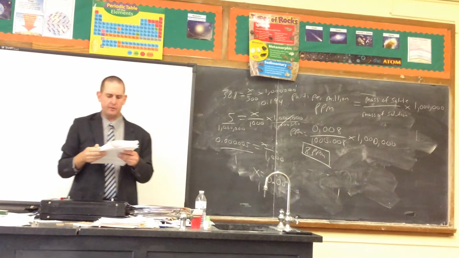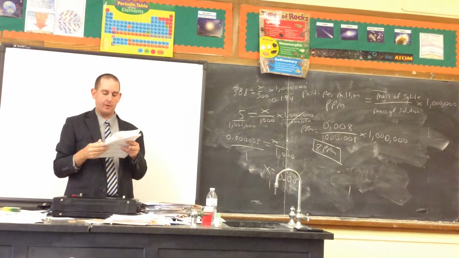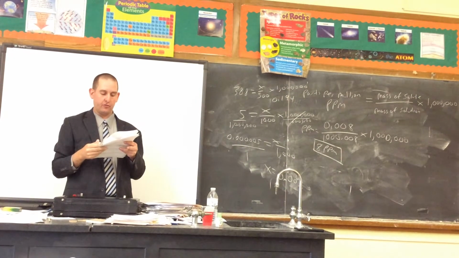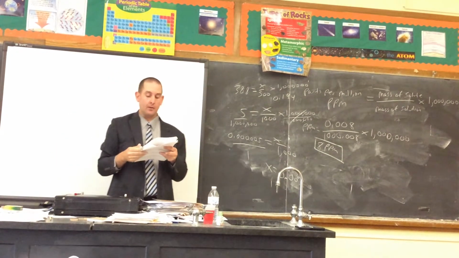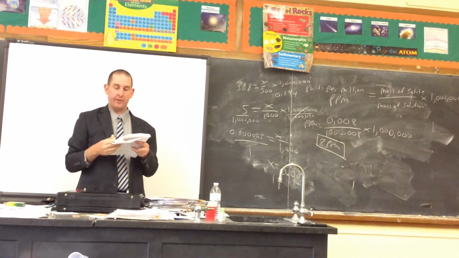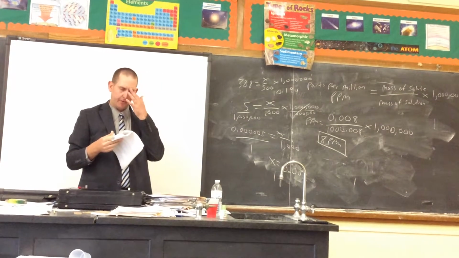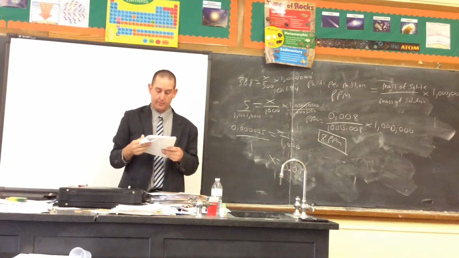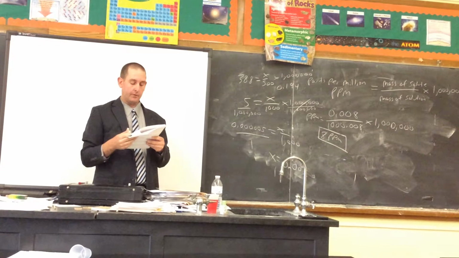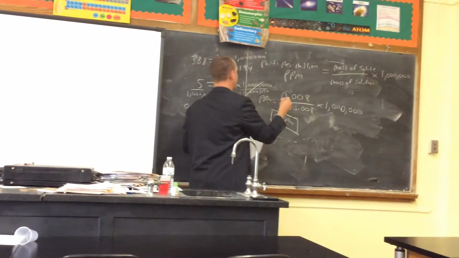Now, number 11 is a Table F question. Based on Table F, identify one ion that reacts with Br negative ions in an aqueous solution to form an insoluble compound. All right, so you know near the bottom left of Table F, Br minus is under the halide section. So all Br minuses, which are under halides, are soluble except for silver, lead, and mercury. So all you have to do is put 1, so don't put like 2, right? So the answers are, just copy off Table F. So the answer would be